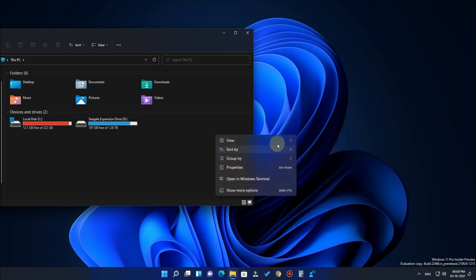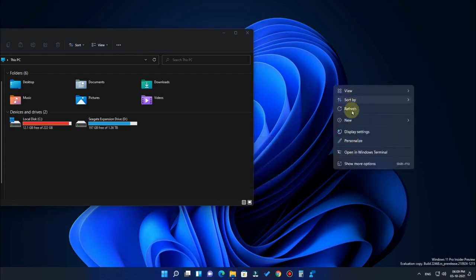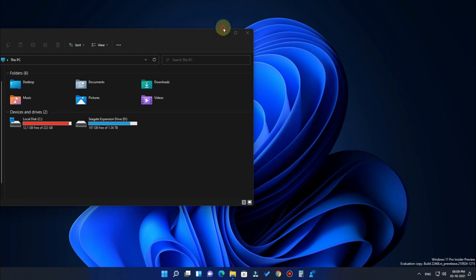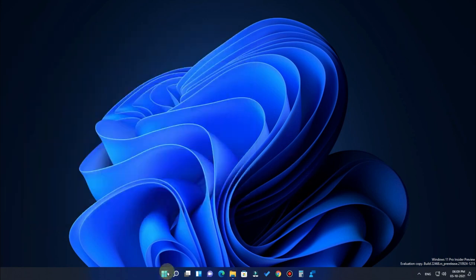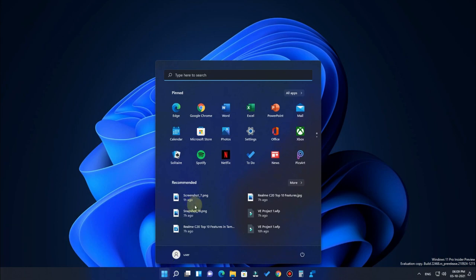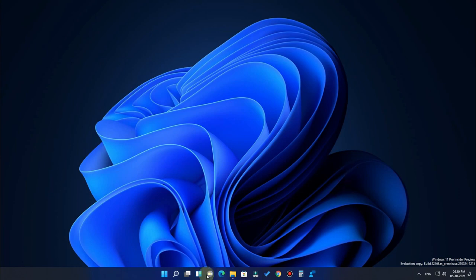On the left side here is a dark background, and on the right side here is a transparent one. So the context menu is designed in acrylic material, and it's fully transparent. Not only that, all the menus are transparent. Once I click the start menu, it is also designed in acrylic material, so it is also transparent, and you will also find rounded corners on all four sides. It actually looks like macOS.